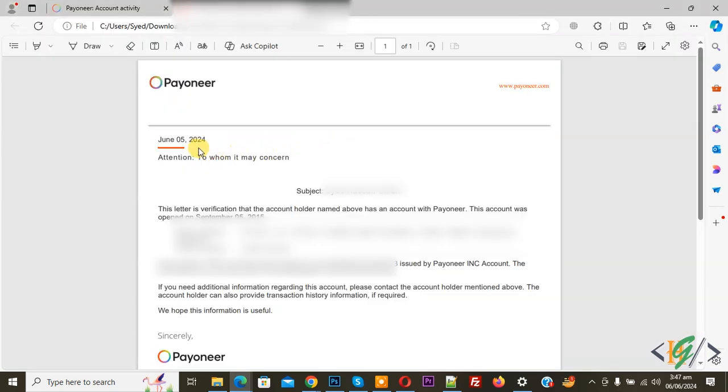So this is our Payoneer letter, and then you see the date, and then you see "To whom it may concern," and then you see the subject. This letter is verification that the account holder named above has an account with Payoneer. This account was opened on this date, and then you see your personal information. So you can provide this statement to any marketplace or client that requests an official document confirming your standing as